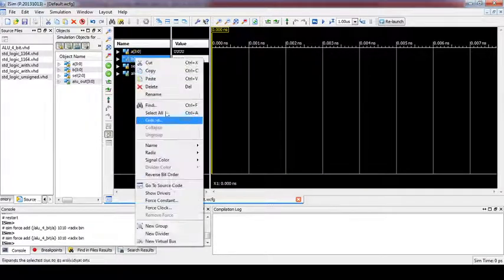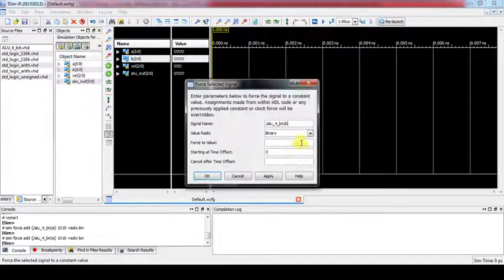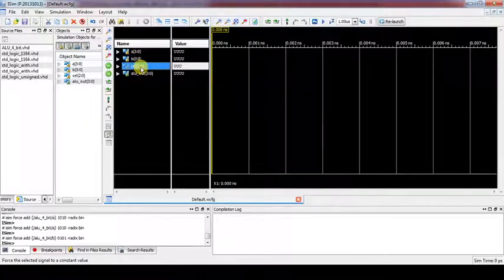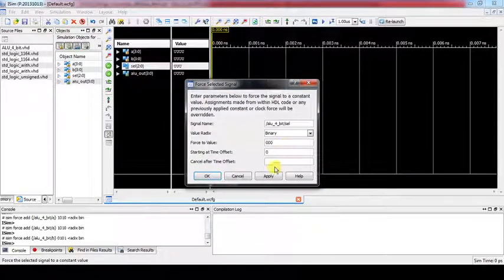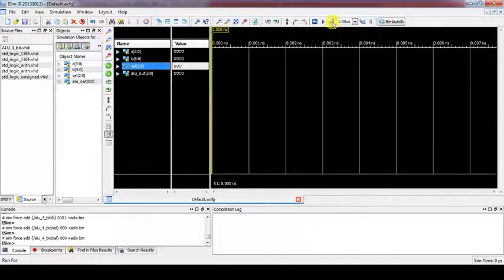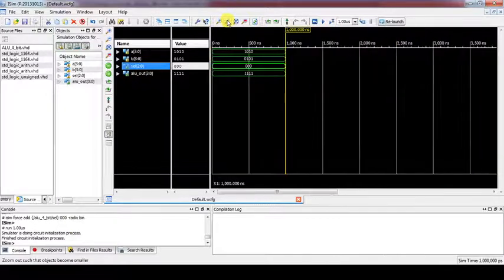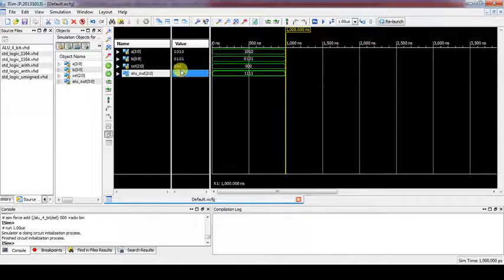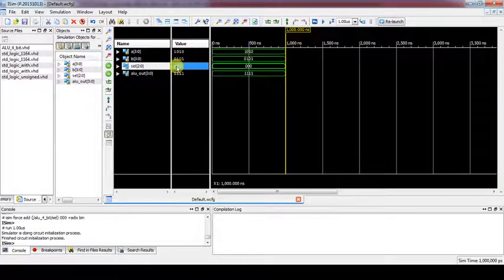Okay. B, let us take as example 0101, okay, 5. Then select line, let us start with the initial, so it is 000. Apply, okay, and run it. Now if you can see here, A plus B, so 10 plus 5 becomes 15. So the first ALU operation, when select line is 000, it performs A plus B.